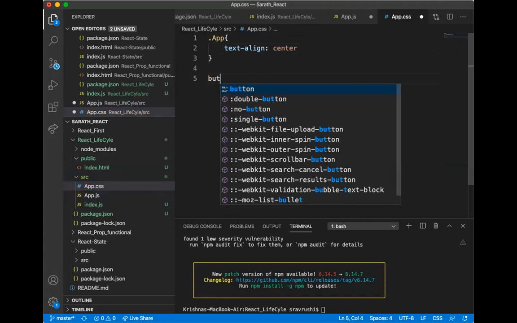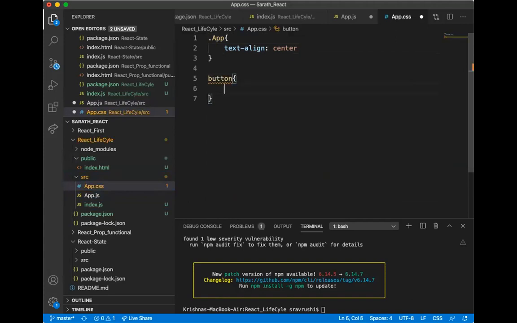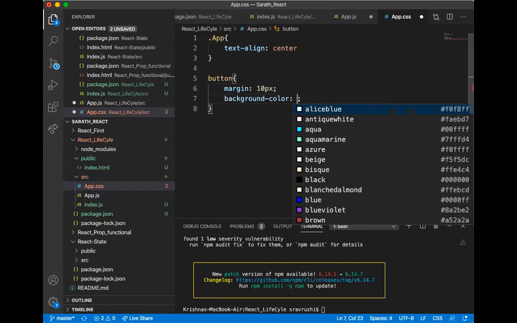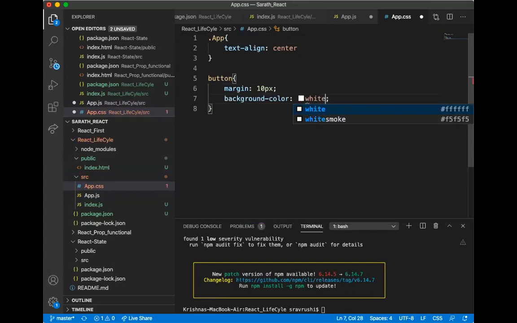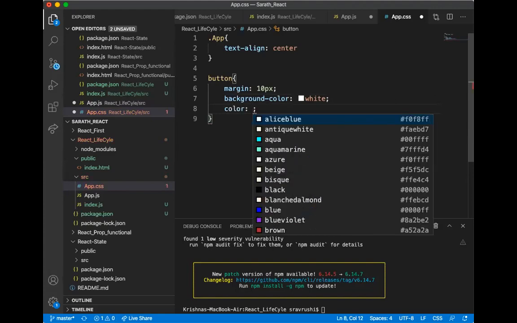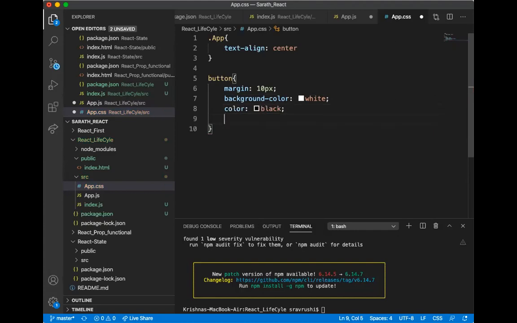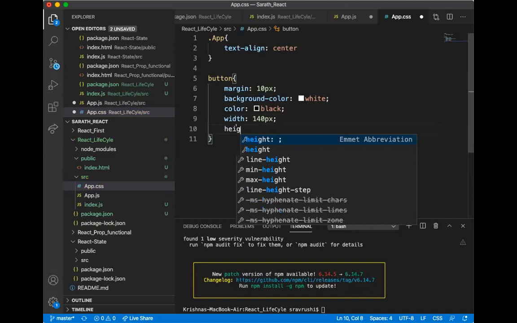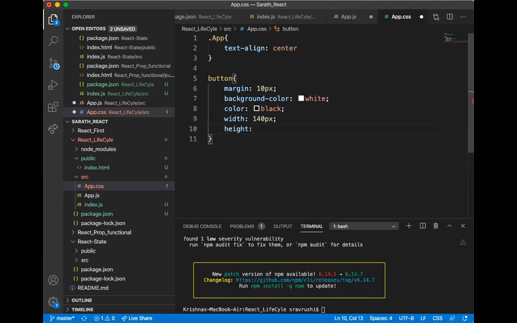The other one is a button: margin 10 pixels, background color white, color black, width 140 pixels, height 40 pixels, and some border.